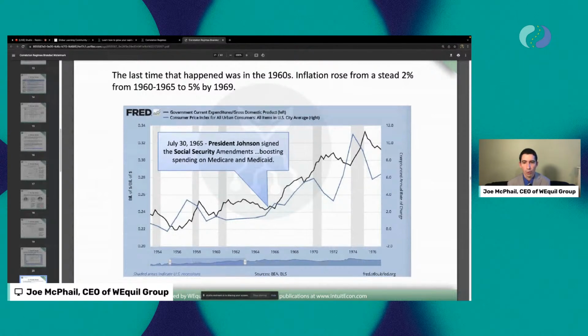You can see this overlaying with the CPI, and that essentially was the beginning of the end of the last low to moderate inflation cycle prior to the one that we appear to be exiting right now. Of course, it's difficult to draw parallels to history. There are a lot of other things about today that are quite different than 1965, but this is an important data point.